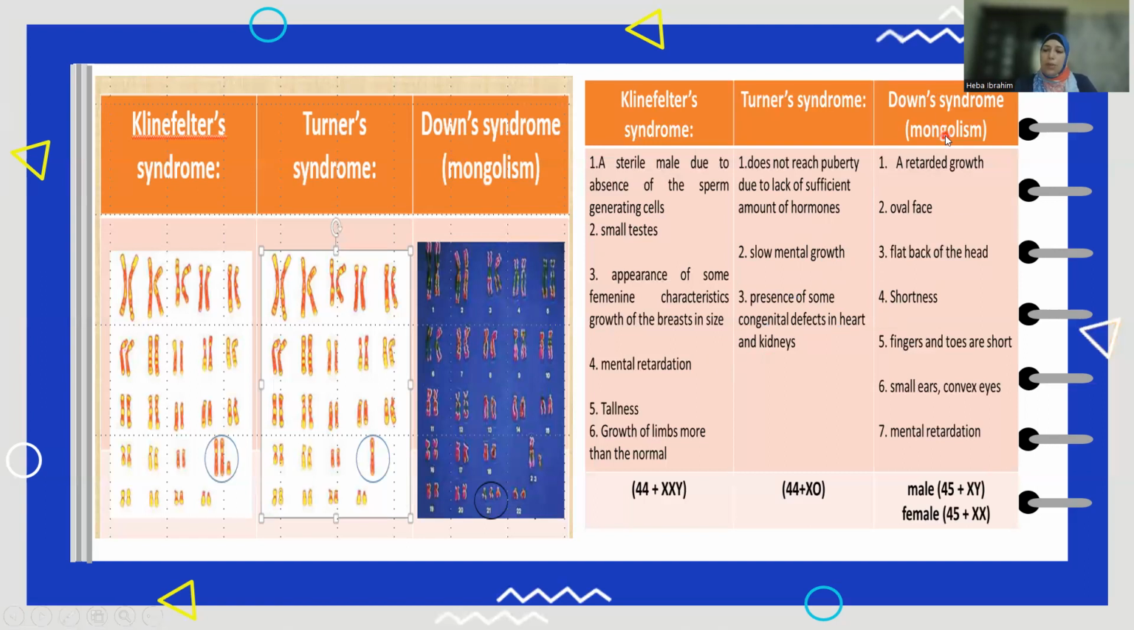What about Down syndrome symptoms? Mental and growth retardation, oval face, flat back of the head, shortness, short fingers and toes, small ears and convex eyes, and they have a mental